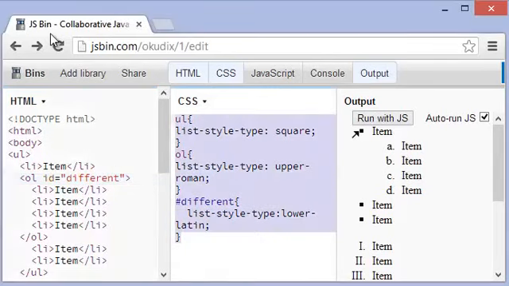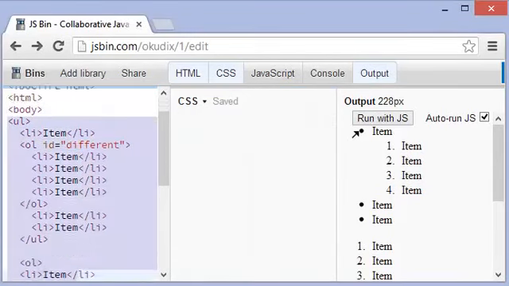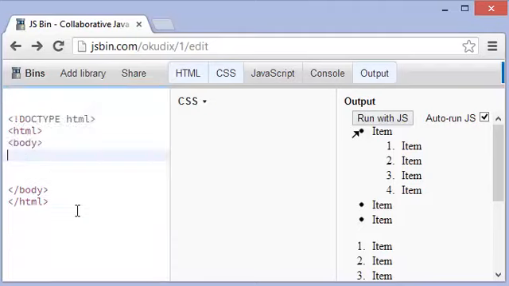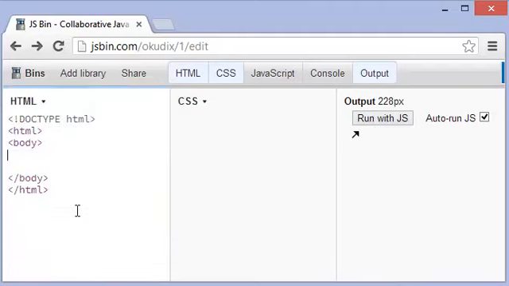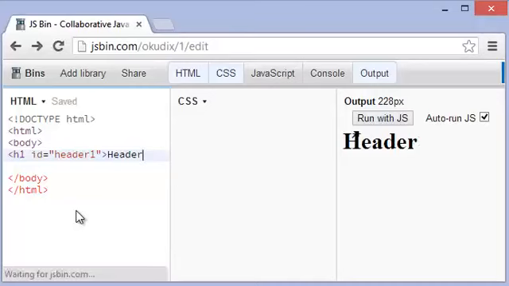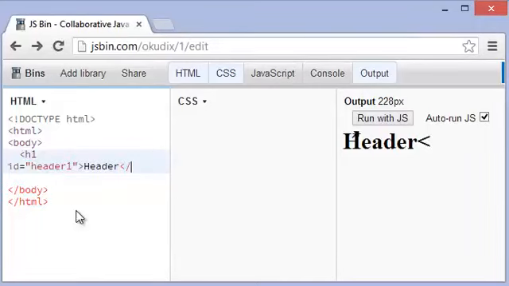Welcome back, everybody. Now, there's one last thing I need to show you, and I wouldn't be doing my job, and this wouldn't be a CSS course if I didn't show you this, okay? So what we're going to do is add in a header 1, and we're going to make this an ID, of course. This ID is going to be header 1, okay? We'll give it a name, something like header, and then we'll close off the tag of header